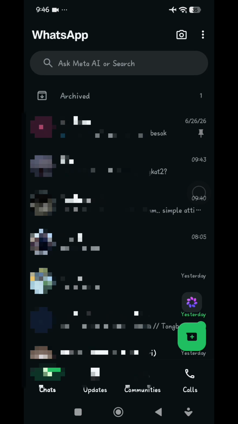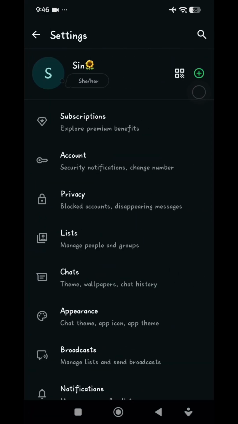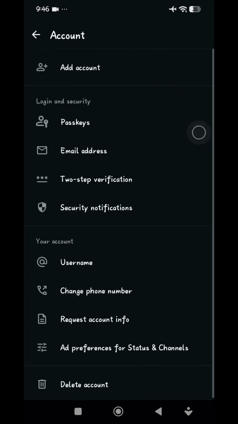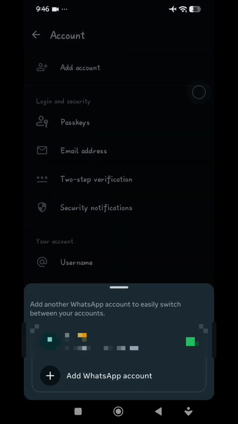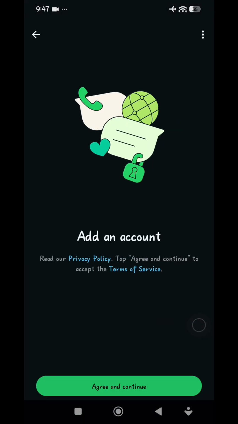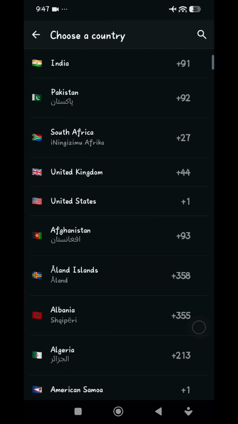First, just open WhatsApp, and then next just tap on the three dots icon at the top right corner, then tap on settings like this, and then next just tap on account, this one. And then in here just simply tap on add account like this, and then next just tap on the plus button at add WhatsApp account like this, and then just tap on agree and continue,